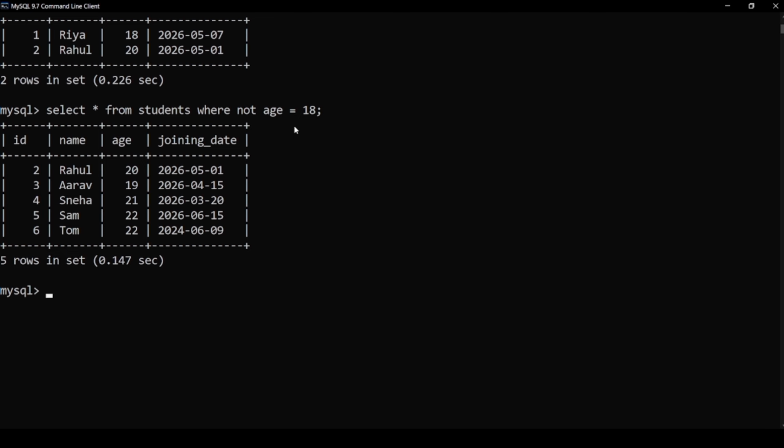Next, we are going to use as, which is used to give a temporary name to a column. So I can write the temporary name, column, and alias. I'll mention here select name as student underscore name from students.